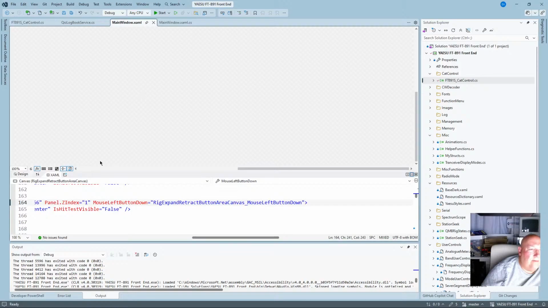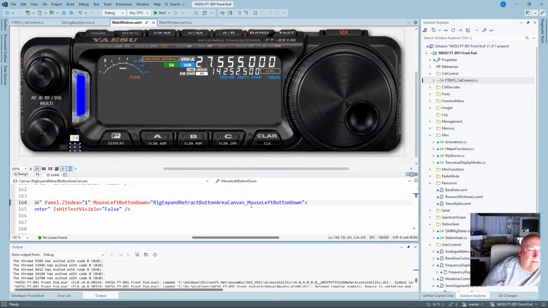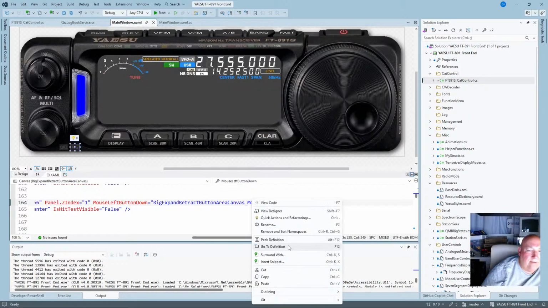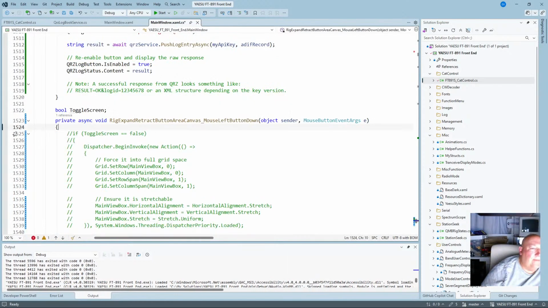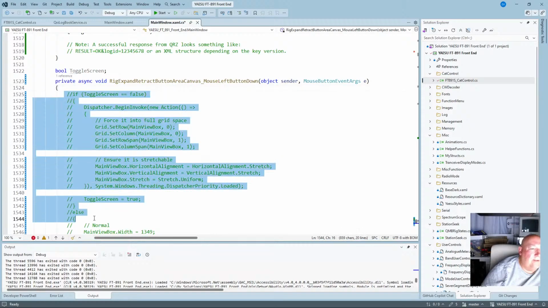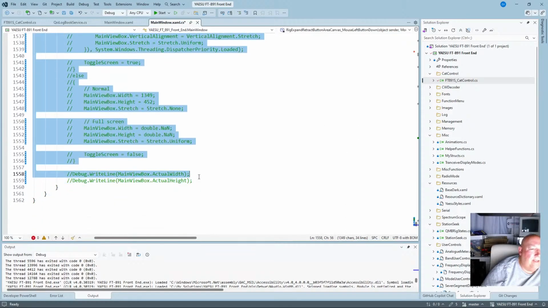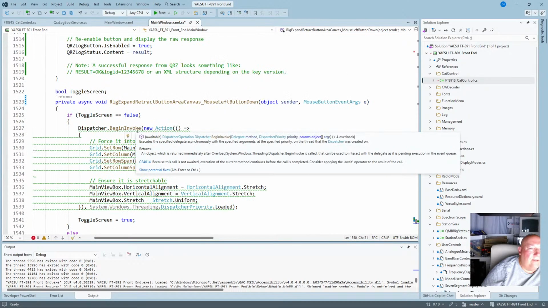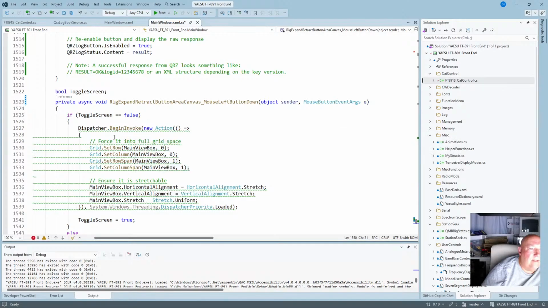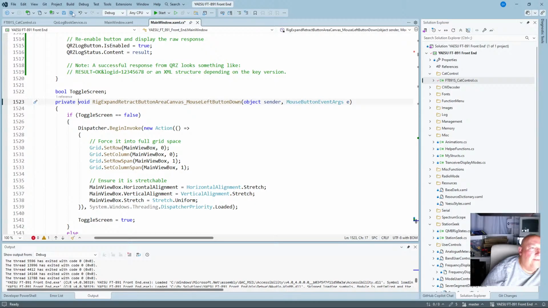I don't know. So there it is. Go to the definition. Take that out of there. And put this back, even though we don't really need it yet. What's it doing? Doesn't like the async we put in. Right. Okay, so